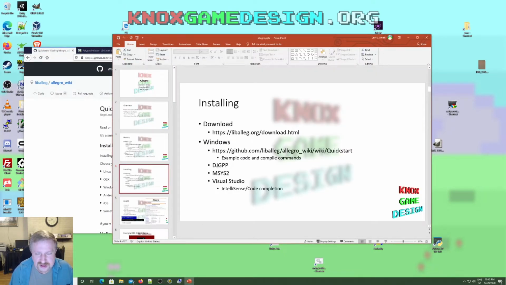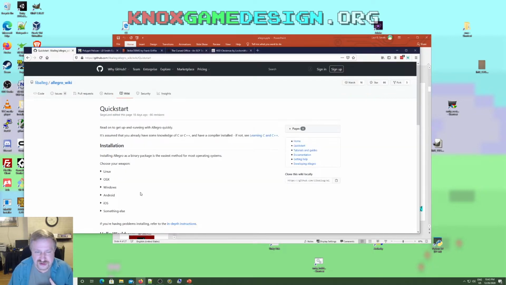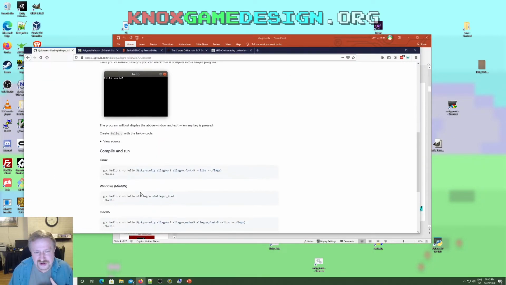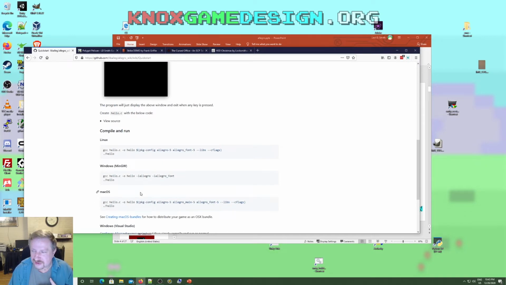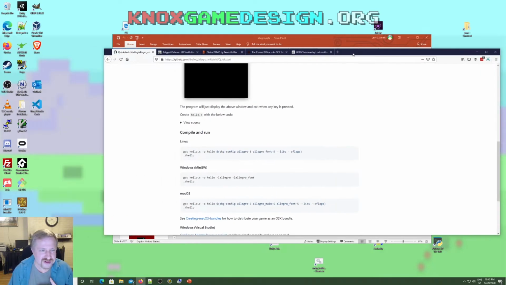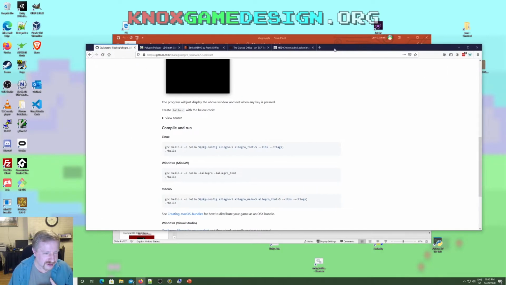So the first method: if you downloaded the old version of Allegro, then you can use the DJGPP compiler, which I'll show in a second. If you're using Allegro 5, then you can use MSys2. And the one thing that I found out, I thought MSys2 was the same thing as, it's not Cygwin, but